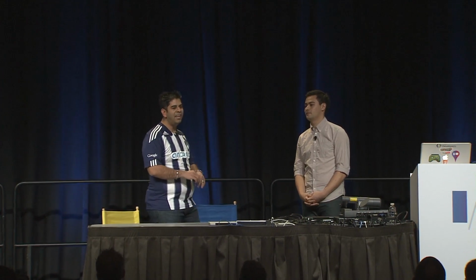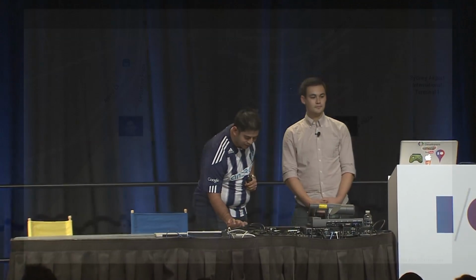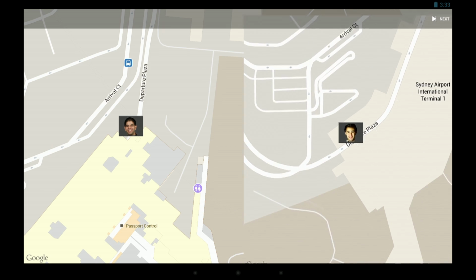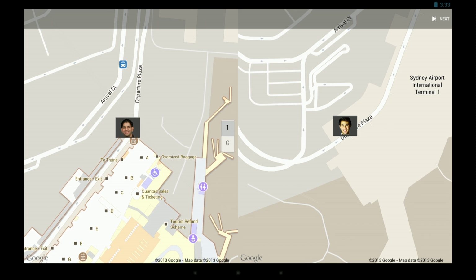OK, so before we get into it, do you want to explain what we're getting at here, what the demo is? Yeah, sure. So have you ever wondered how long it takes you to get from the airport when you arrive to take a flight to the point where you get to your destination? Well, it turns out that if you live in Sydney, anywhere you go is a long, long time, mainly because of the flight. But what we did is we were curious about this information, and we built an app which shows us our journey through the airport,